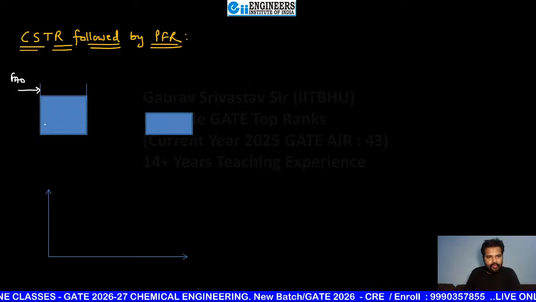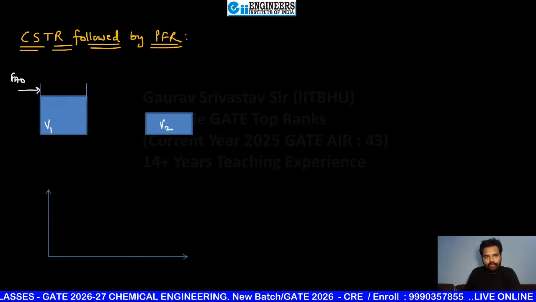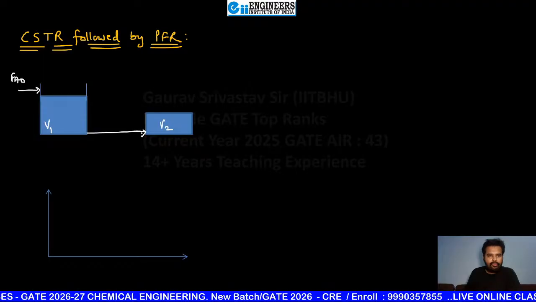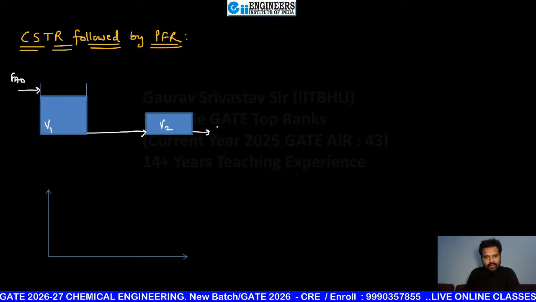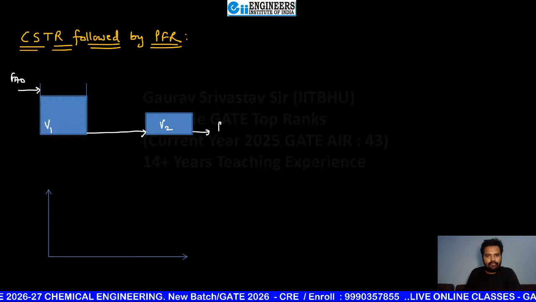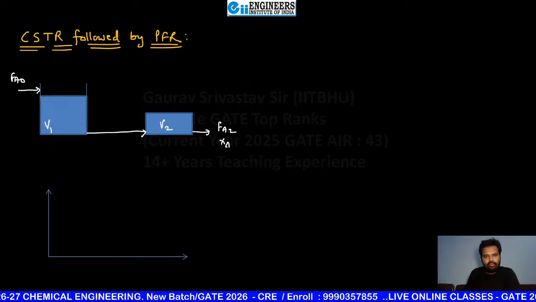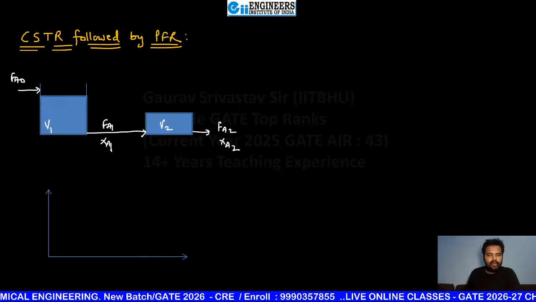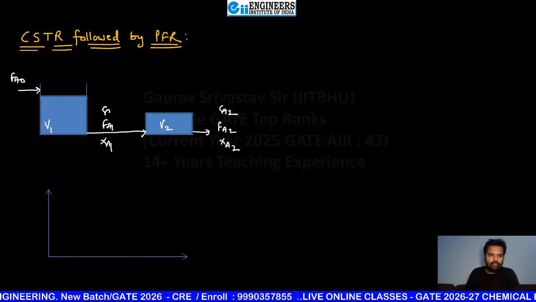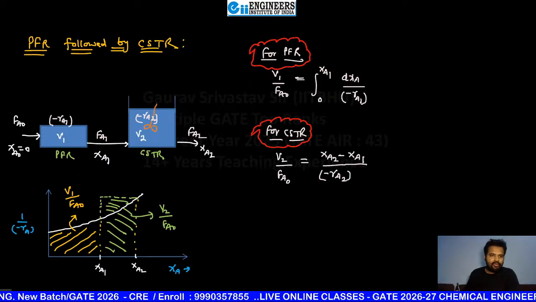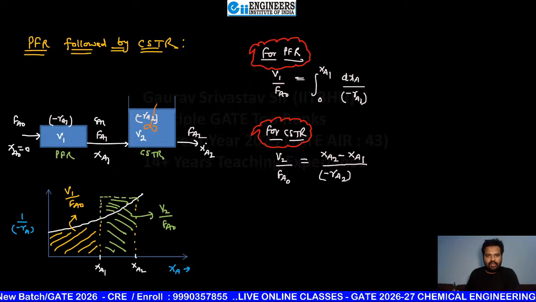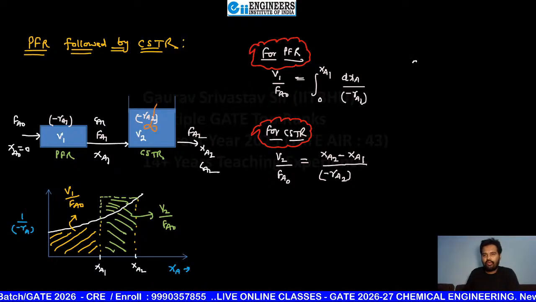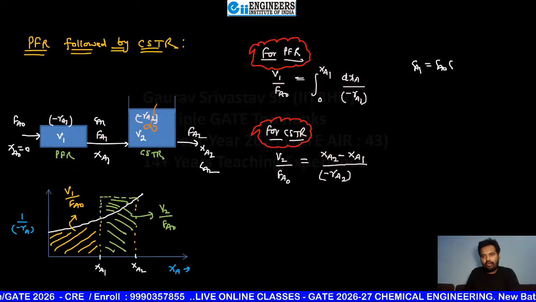FA0, volume is V1, volume is V2, Fa2, Xa2, Fa1, Xa1, Ca2, Ca1, Ca0, V0. Similarly, here you can also write Ca1, Ca2, and you know Ca1 can be written as Ca0